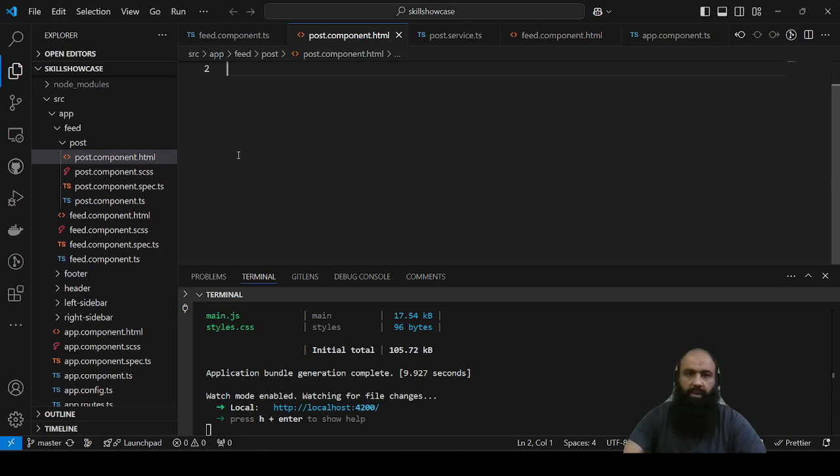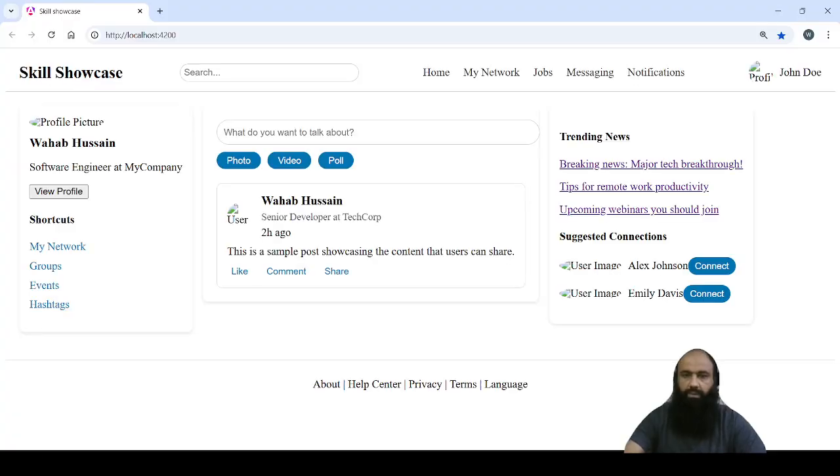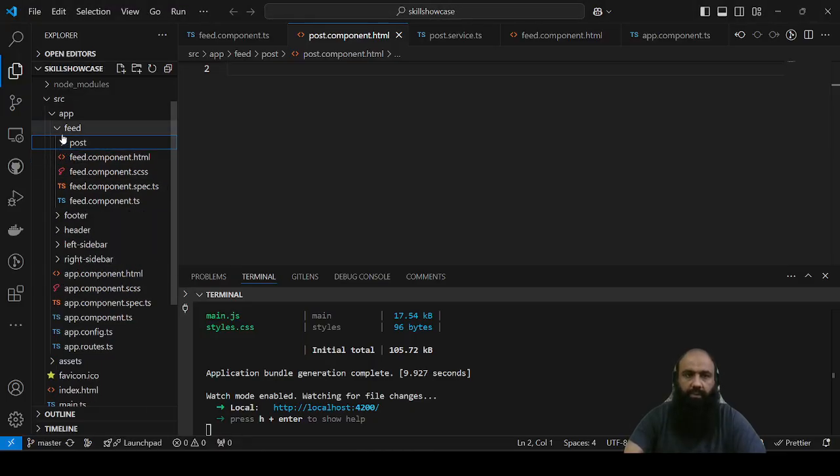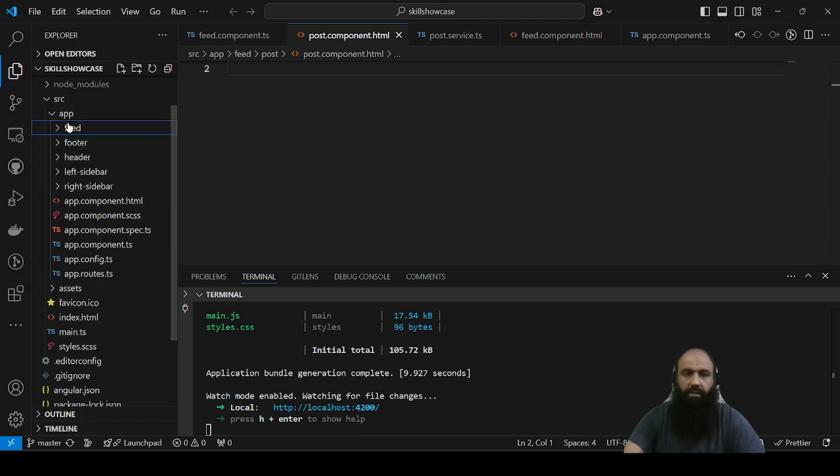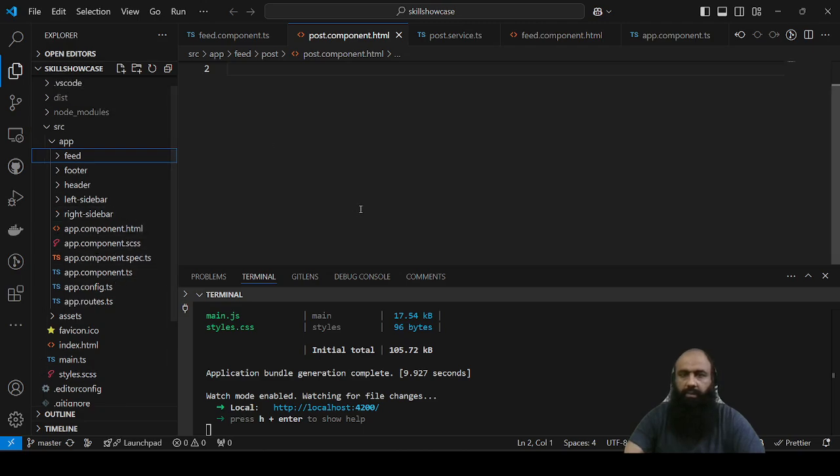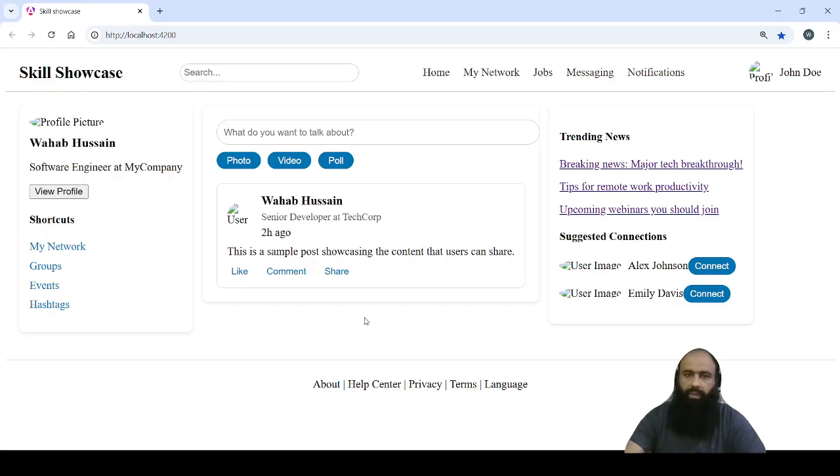Okay, so we have our app over here. Let me just open it. You can see this is the previous app we have created till here. And if I can quickly show you, we have created a couple of components and we had our app working like this. So moving forward, let's just,